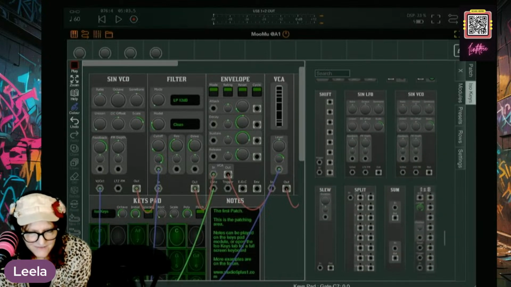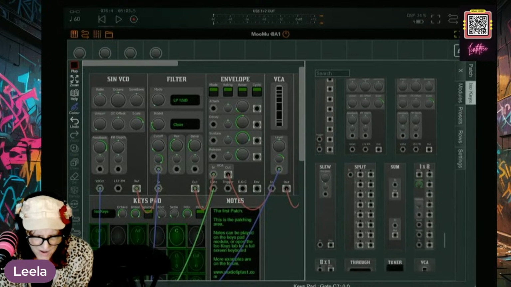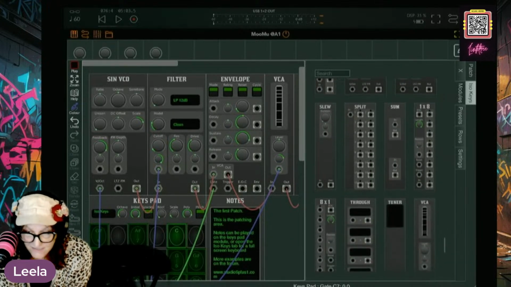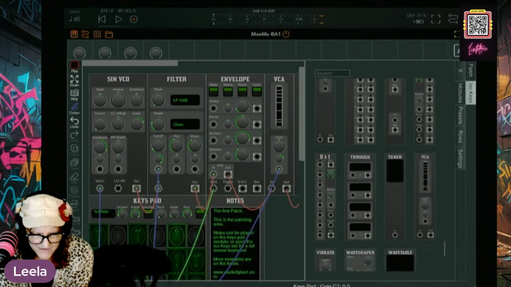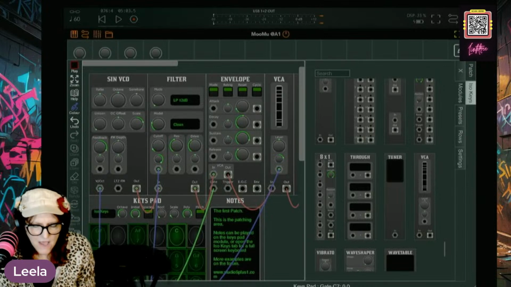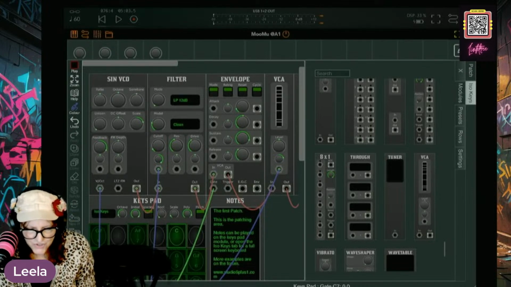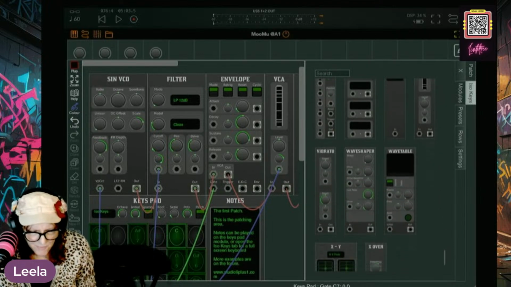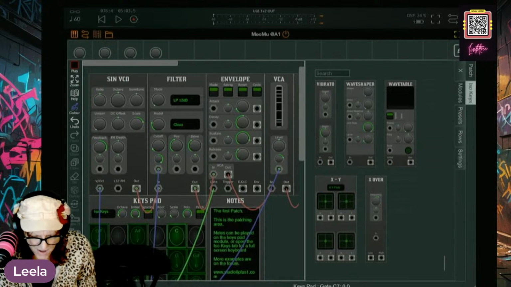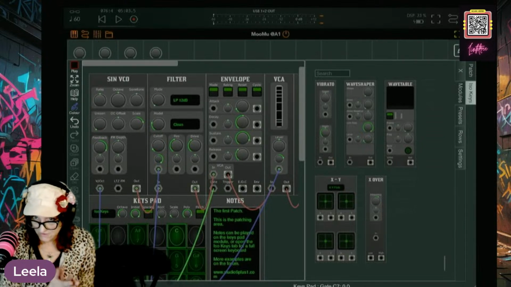Shift, sine LFO, sine VCO, slew, split, sum, 1 times 8, so probably an 8 channel splitter, 8 to 1, so 8 sums 8 to 1, I'm guessing. Through, tuner, wow, a tuner in there, VCA, vibrato, wave shaper, wave table, XY pads, and crossover.